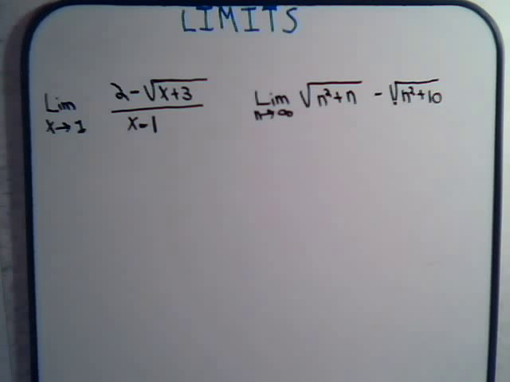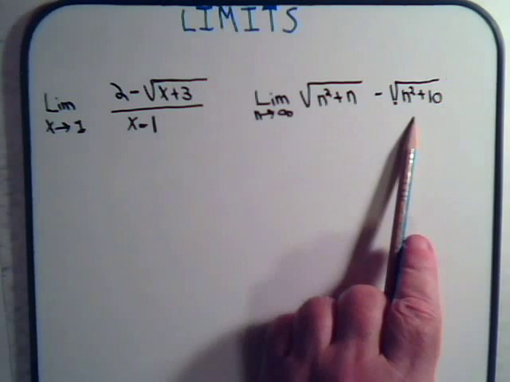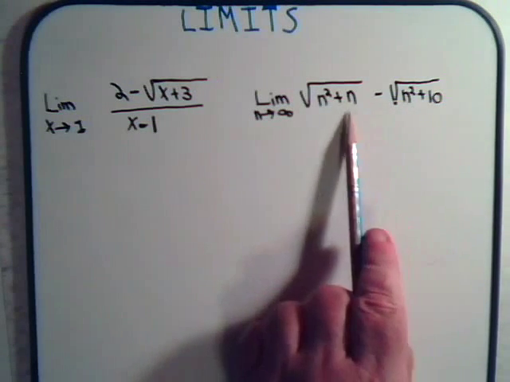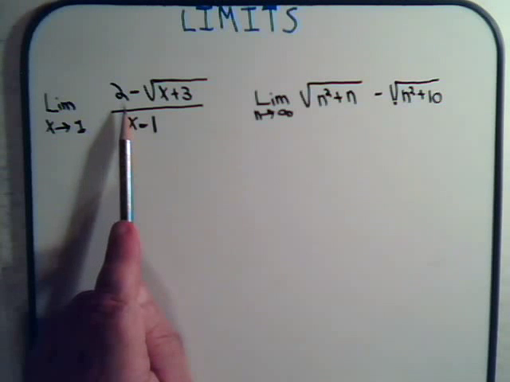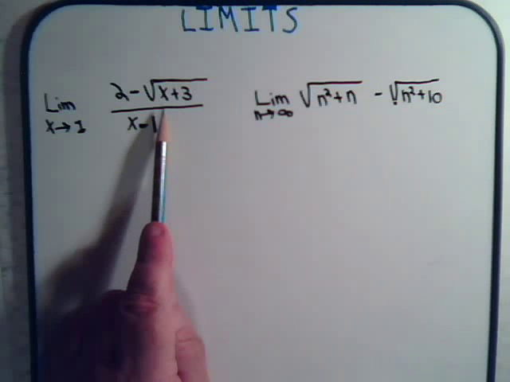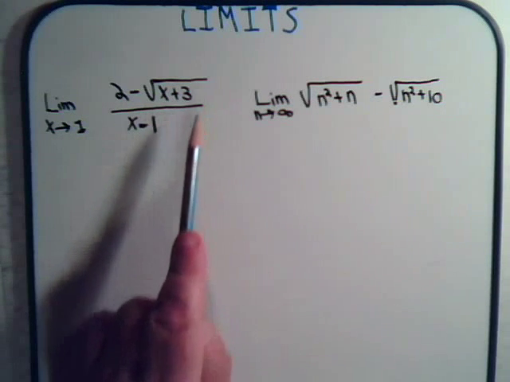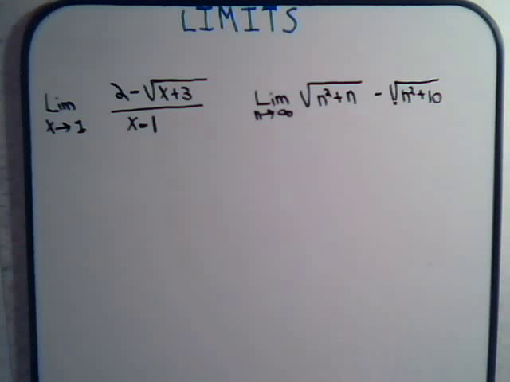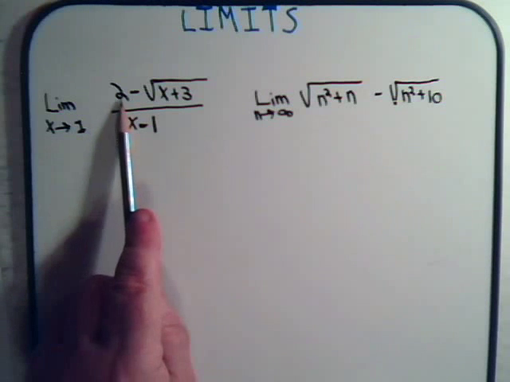Okay, we've had a request to show how to work limit problems when you have radical expressions involved. In the last video we worked an example, and if you have the difference of two radicals, or you're adding two radical expressions together, or you have some number plus or minus a radical expression, many times you can get your problem into a more workable form if you multiply through by the conjugate